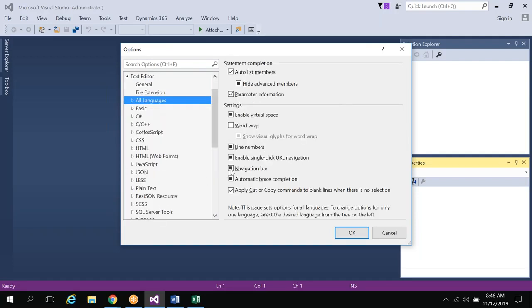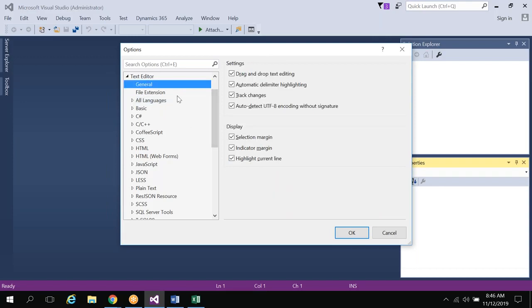Here there is a line numbers property. You just need to select the line numbers. Line numbers means, for example, when we are writing X++ code, it will automatically show the line numbers in the code editor. Better to always select the line numbers. That will give you a better view while you are writing the code. In general, nothing else to select here.